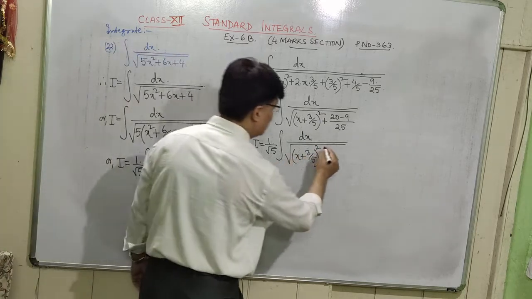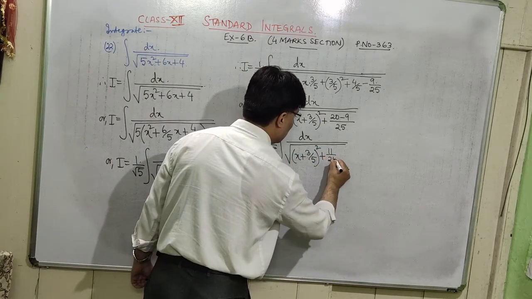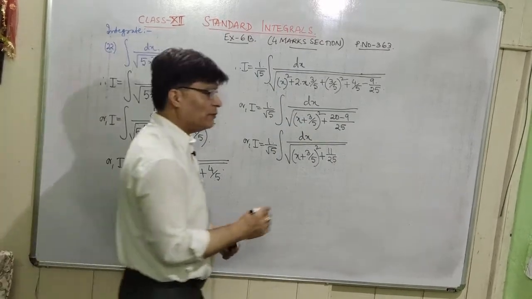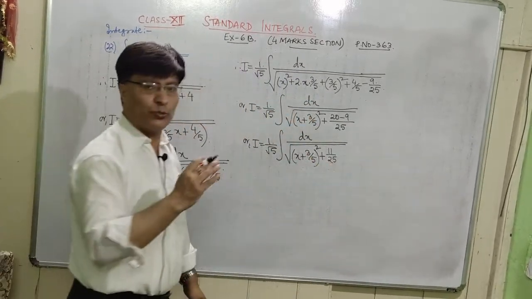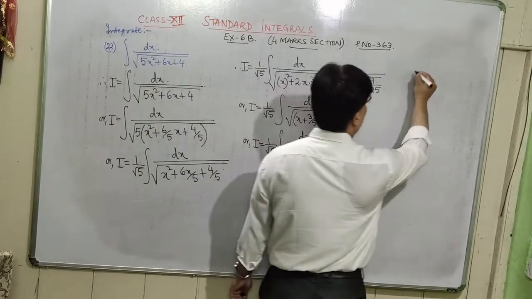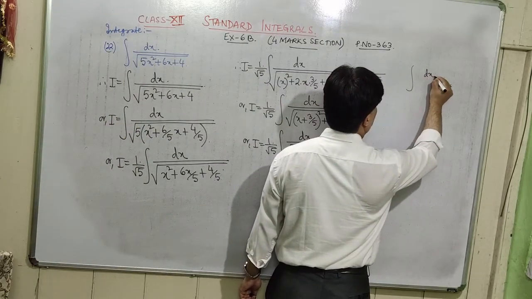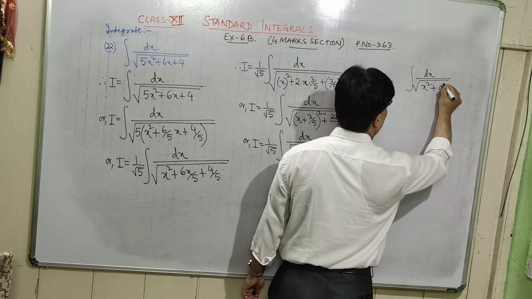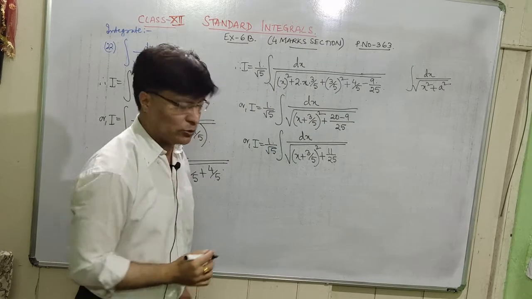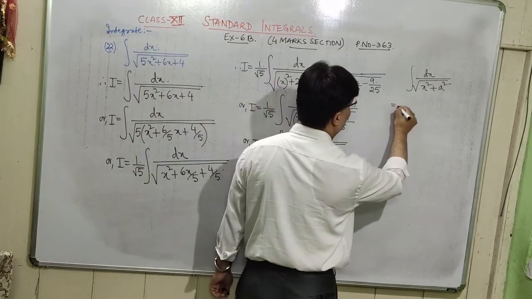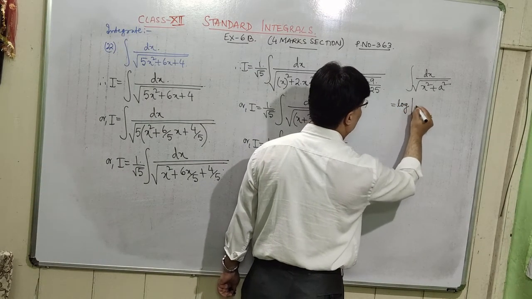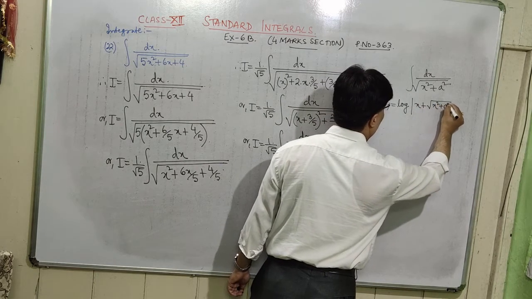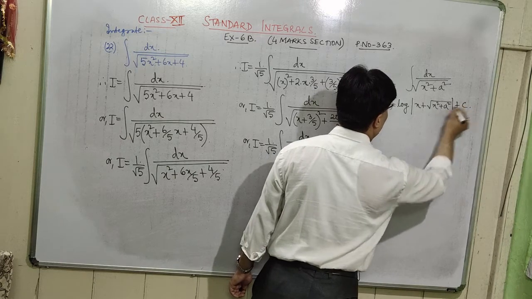It is 11 by 25. So let us convert it into standard integral form. Here in this case, which formula is used? That is the integration of dx divided by root over x square plus a square. Now this formula will be used. So what is the formula? It is log within mod x plus root over x square plus a square, mod sign closed, plus c,